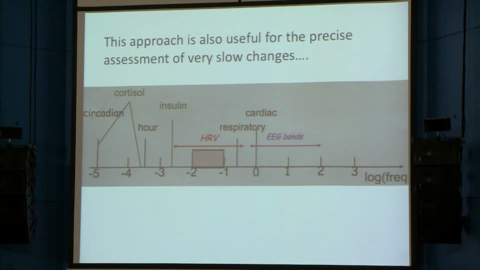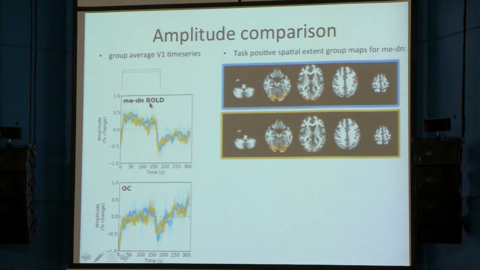There are other things you can do with this too. Now that you've regressed out all the bad noise, you got rid of all the drift as well. And so you can actually start to look at really slow processes, like typical processes in the brain. You can look at hormonal changes or very slow responses, like with insulin, with eating and things like that. And so here's just one example as a proof of concept that if we regress out all the baseline bad noise, you get rid of a lot of the scanner drift.